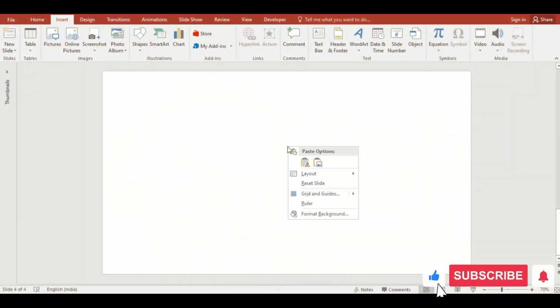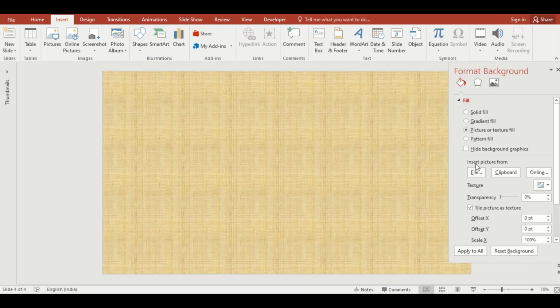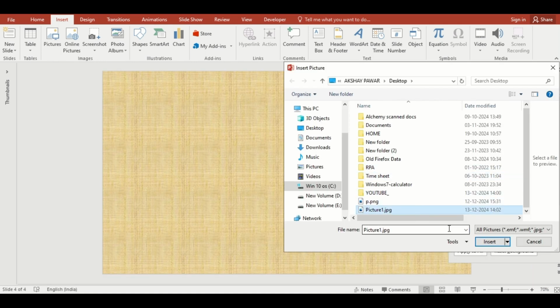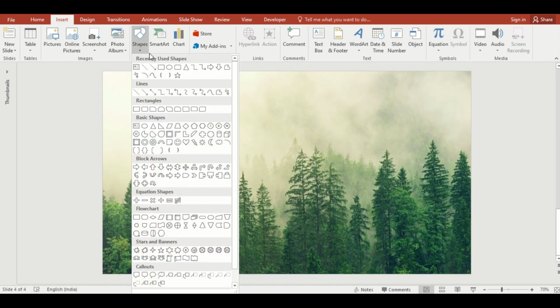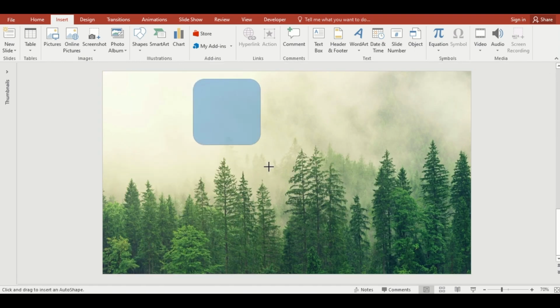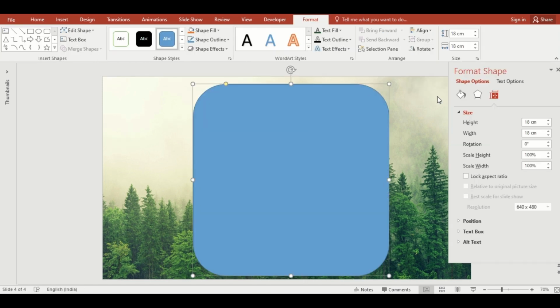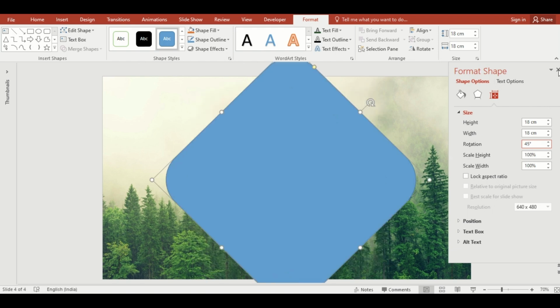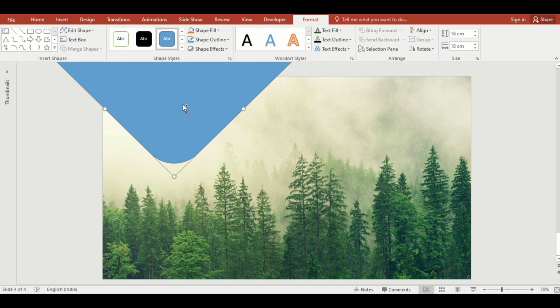Right click, click on Format Background, choose Picture or Texture Fill, go to File, select and insert it. Select Rounded Rectangle. Click on Rotate, go to More Rotation Options, make the rotation size 45 degrees. Put it here. Now, duplicate the shape,